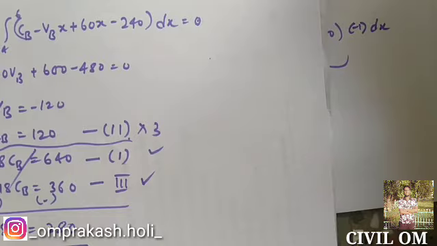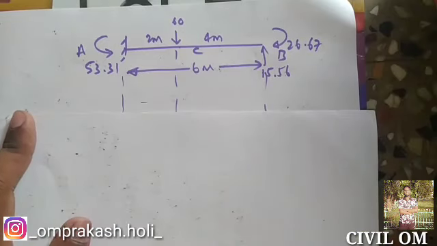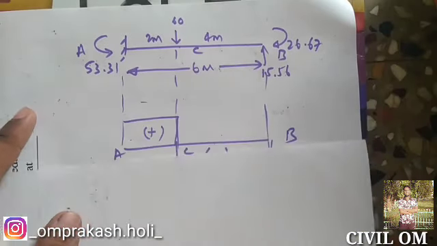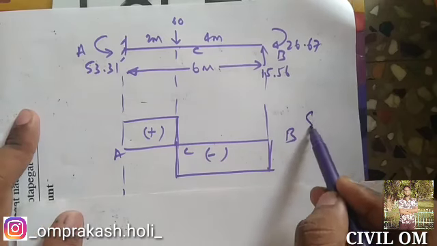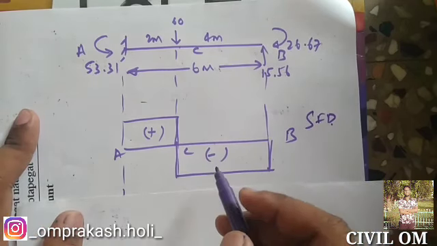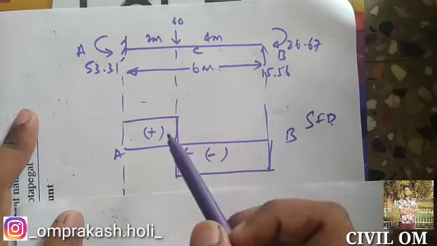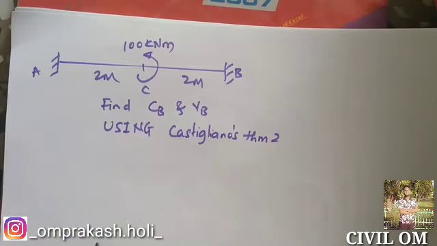I'm sure all of you know how to find the BMD and SFD, so I need not tell it once again. Let me show the SFD. This is how the SFD diagram looks, and the values here are very simple. You can mention all the points in this particular diagram. And this is how the bending moment diagram looks.